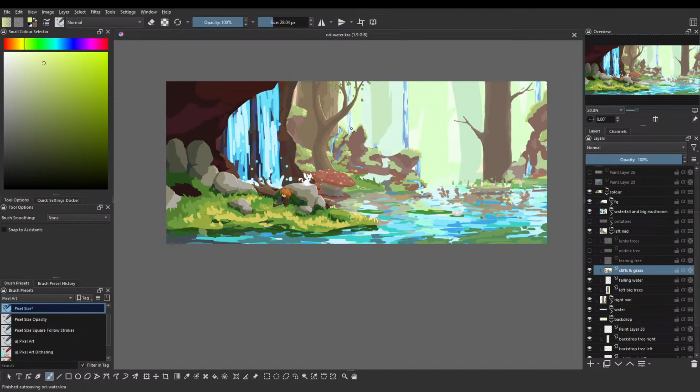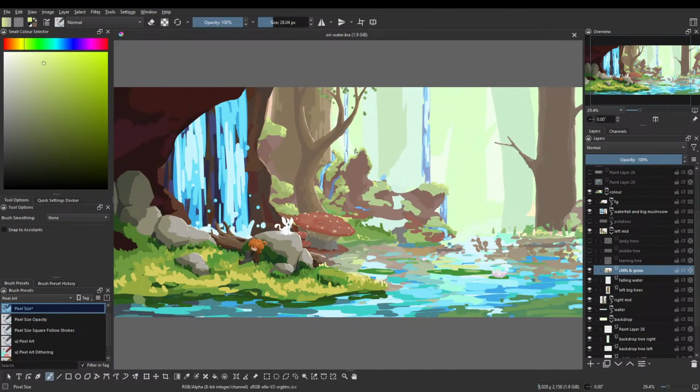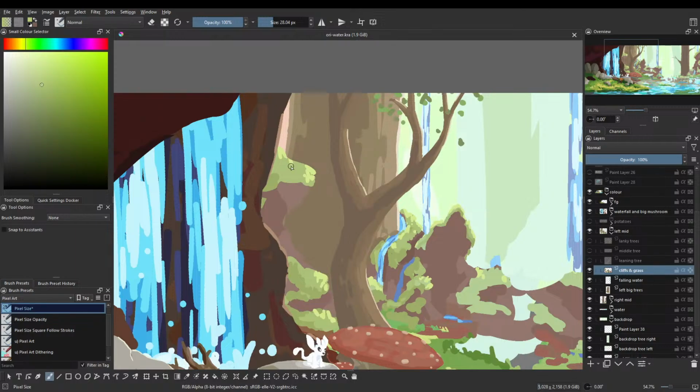I like this grass. I think this grass is fairly good. I don't like this very much. This should be darker behind the tree, I think. Maybe a little bit of different colors sticking out near this edge.